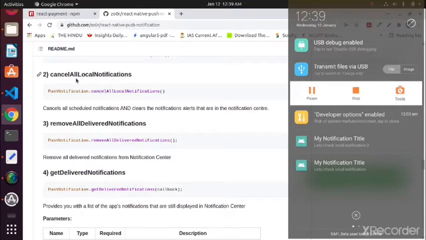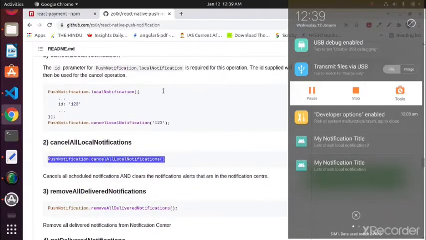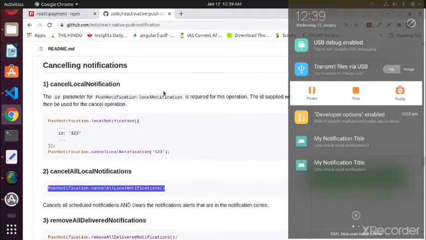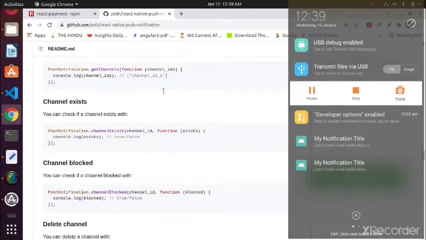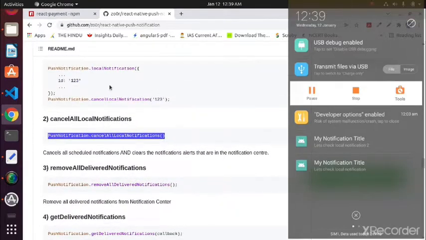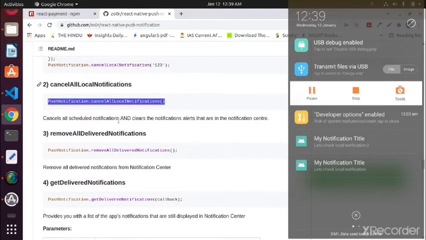If you use this method, all the notifications are going to be cancelled. If you want to cancel some specific notification, like with the ID, as we were using our channel ID, using that you can also do it. There are inbuilt methods, so you can use them. I'm going to use this one to clear all the notifications for the time being.